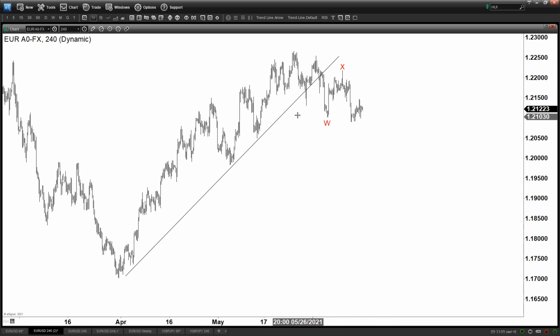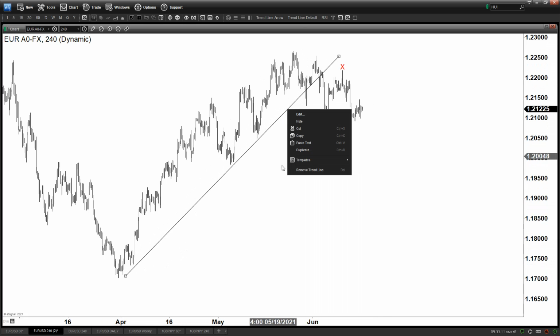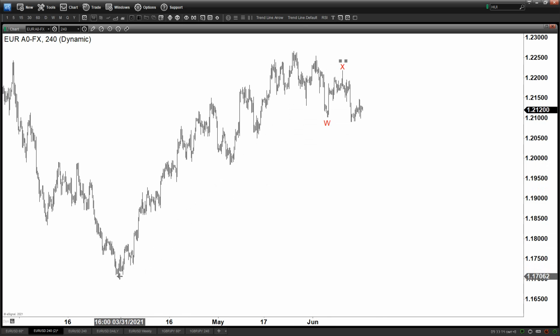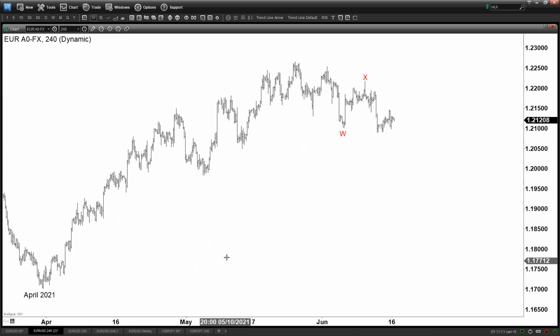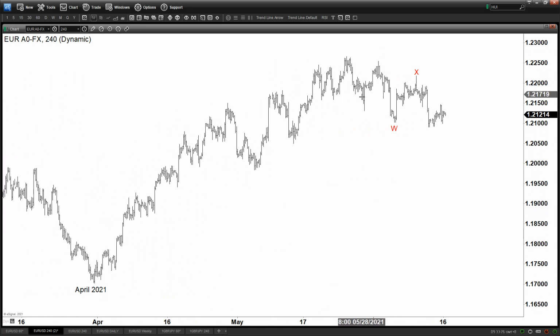So now we are correcting this cycle, and the cycle that it is trying to correct is the April low. April low is the key low here in the euro dollar, right? And look at this move down. It doesn't look like an impulse at all. It looks overlapping, corrective. You can see this is clearly 1, 2, 3, right? It's not only 1, 2, 3, it's also equal leg here as well. Typical of corrective pattern, 1, 2, 3. So ABC,